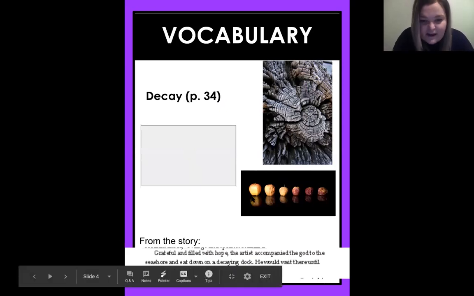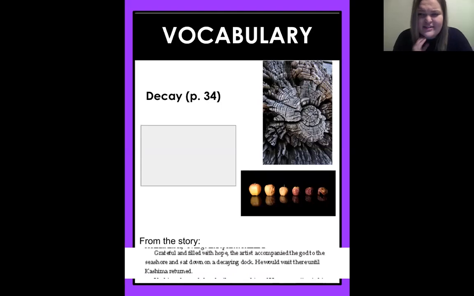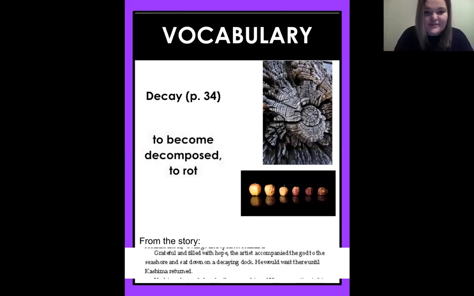And if we look at this apple, it starts off really good, just like what we like to eat. Oh my goodness, look how gross that looks. So what could decay mean? Awesome job, fourth graders. It means to rot or to decompose. So it's kind of falling apart. Kind of see this tree's falling apart, and so is that apple.